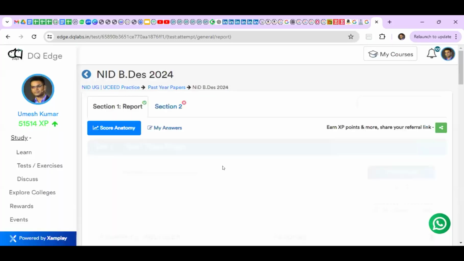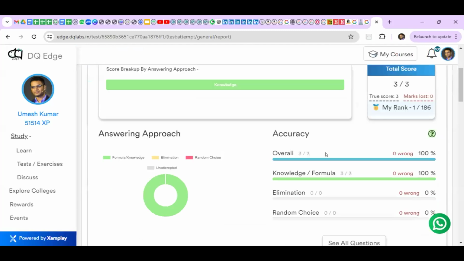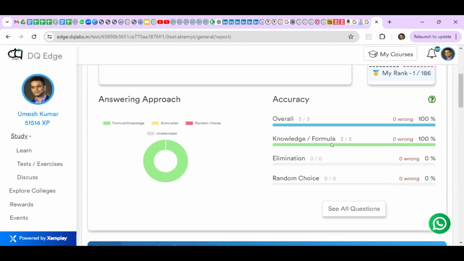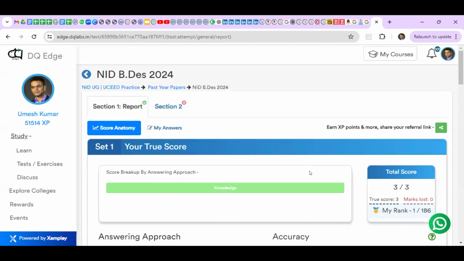And then you answer, right? So what happens is you get your answer immediately, okay? And you can actually see that I have basically used knowledge and formula to solve the problems. And very interestingly, a dragonfly has 4 wings, not 6 wings. Because whatever you're sure of, you have gone with that. So what is the use of the flag option? You flag it so that you can revise it later.